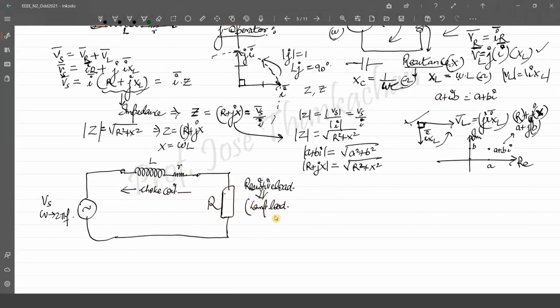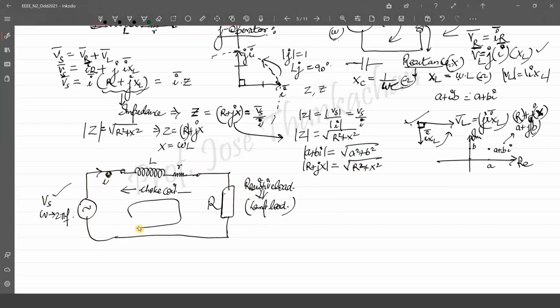Lamp load, which is resistive in nature. So we are going to turn on lamps one by one and check the different loading conditions, how much current is flowing through each of them, and so on. Let me call the current flowing through the circuit, because it is now a closed path, I, and the total voltage across this is nothing but Vs.